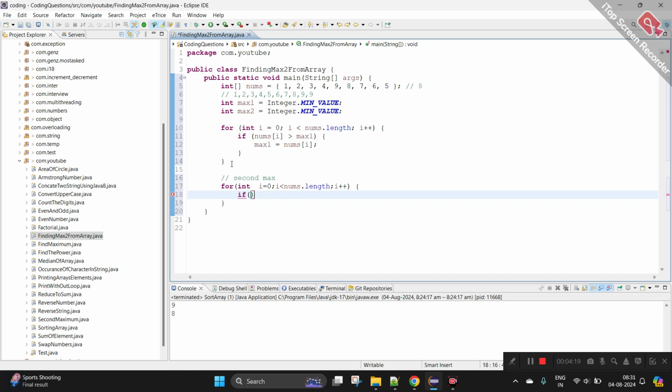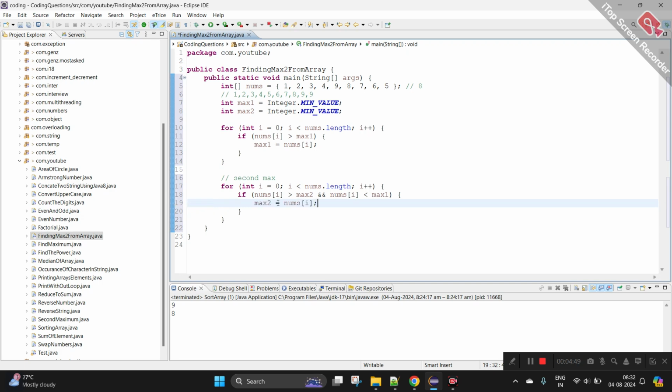Now I'm taking the if condition: if nums of i is greater than max 2 and nums of i is less than max 1, so max 1 is bigger and max 2 is smaller, right? Now we assign it again, max 2 equals nums of i. Here we find the second maximum, right? Now I am printing it.